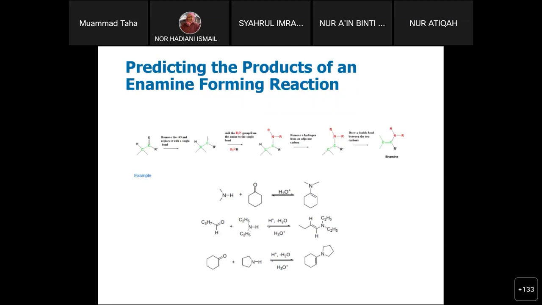Okay, is it clear? So also keep this in mind: alpha hydrogen is important,